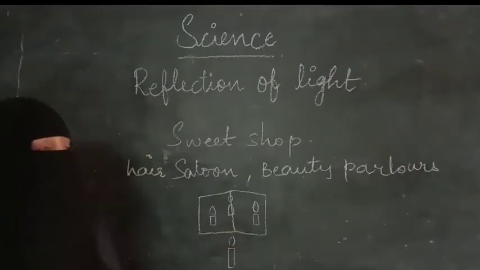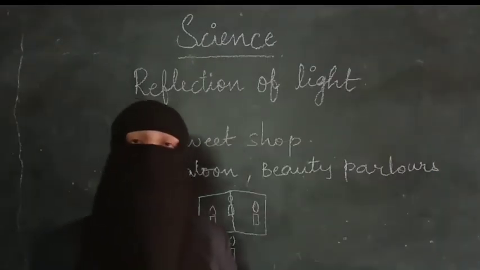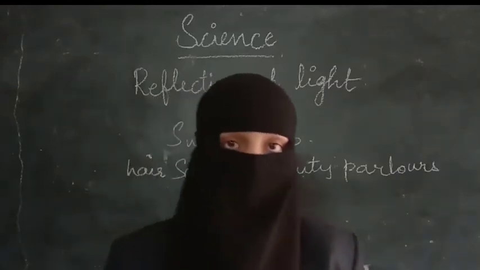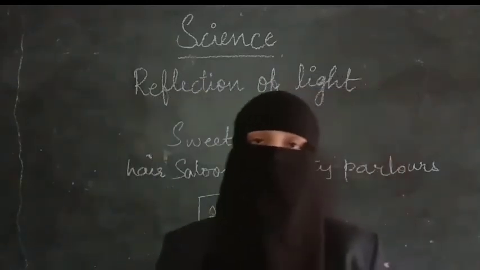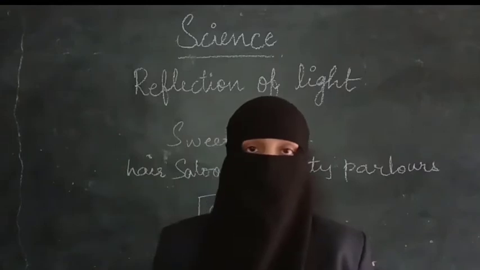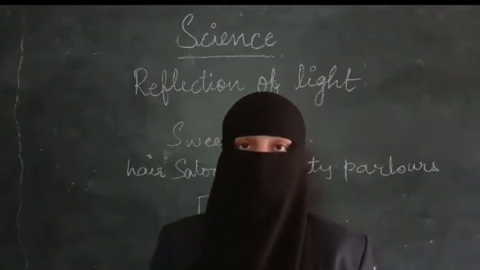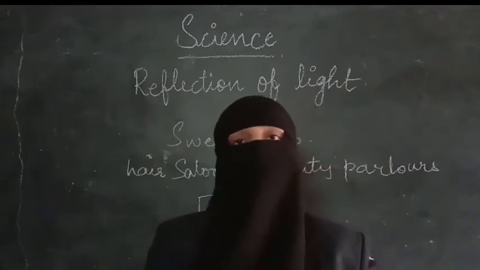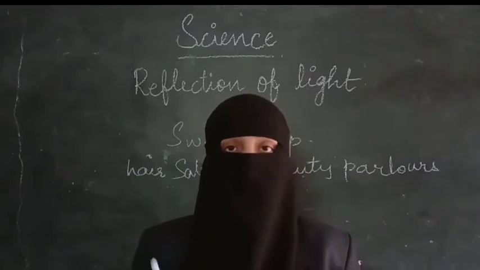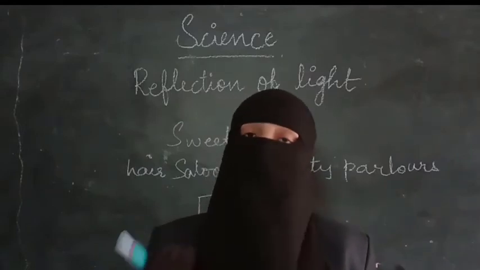So next, moving on to the next one, how reflection of light will work and how it will be useful while playing. You people can do this activity, it is very easy. You need some materials. So what we are going to do now, we are going to make a garden in a box. Garden in a box. So what materials are required for this?